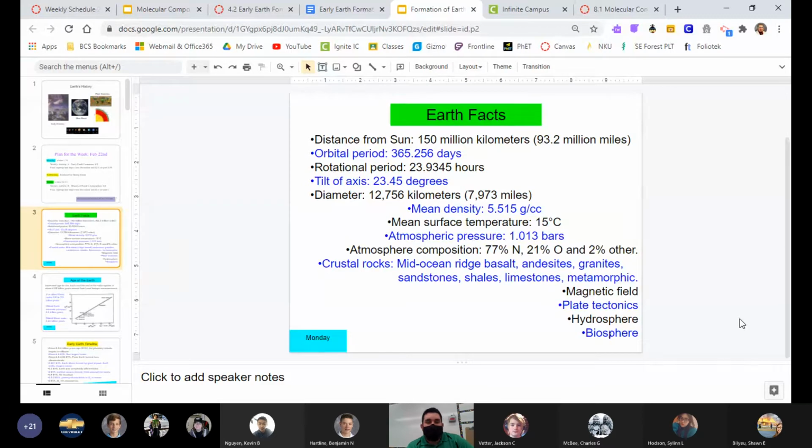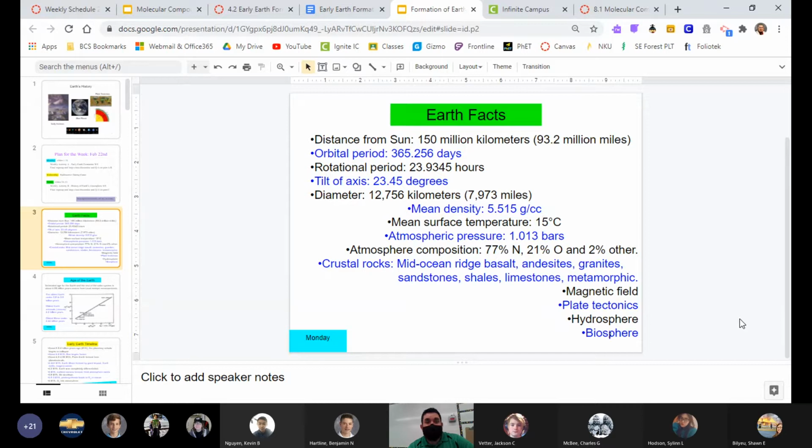The orbital period, how long it takes to go around the sun, is 365.25 days. So there is a fraction there, 0.25, which means that every 4 years we get an extra day. You guys probably know that. That's called leap year, and last year was leap year. So 3 years from now, on February 28th or 29th, whatever day that is, we'll have another leap year. So it is a fractional number of days, and we do have to add a day every 4 years.